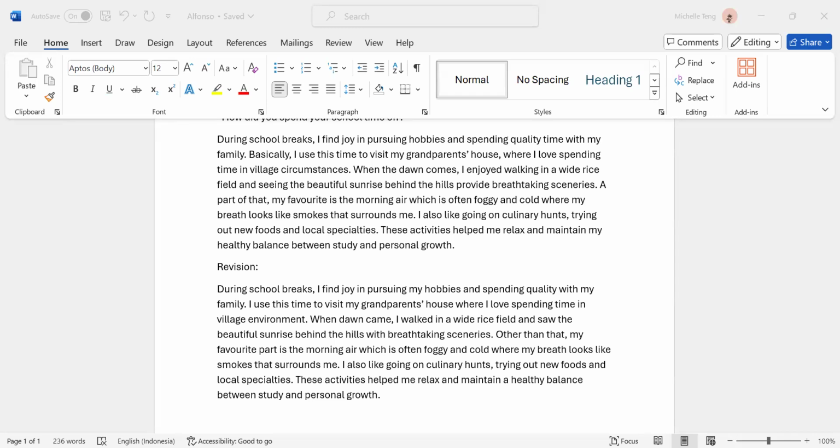So here I think I should add "other": "The other reason I went to Jakarta was because I wanted to go to the zoo." So why is the word "other" necessary? Because we need to be consistent when we're writing. These small details we need to pay attention to. In the first sentence, you're talking about spending more time with your family. And then if you say the reason I went to Jakarta was because you wanted to go to the zoo, it's not the main reason you spent your holiday at your cousin's house. So it should be "the other reason." That's more like an additional one.